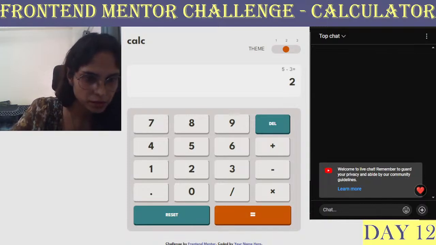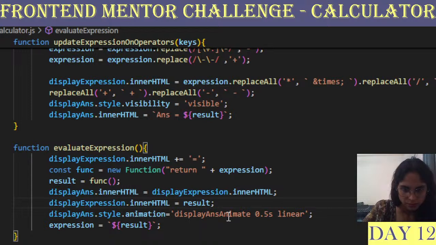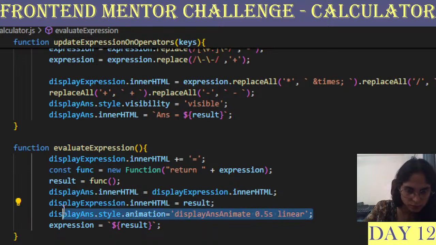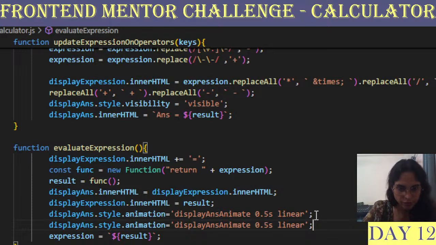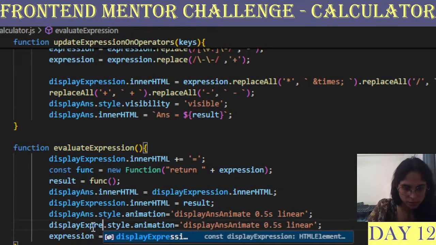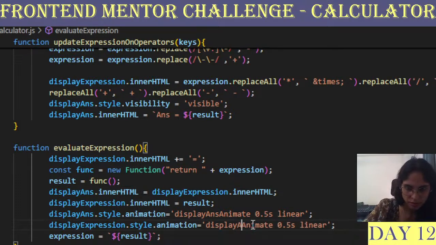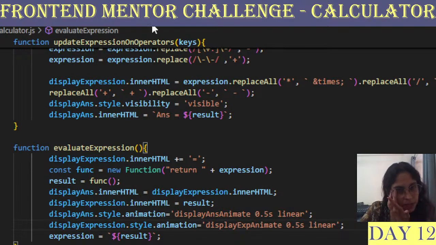Okay, anyways, this is glitchy, but at least it is working. Now we do the exact same thing for display exe animate.